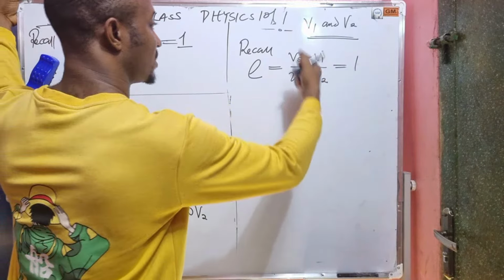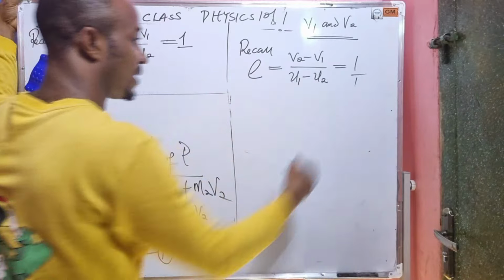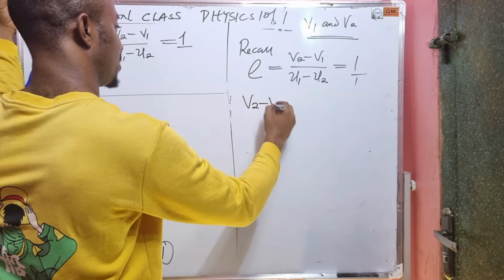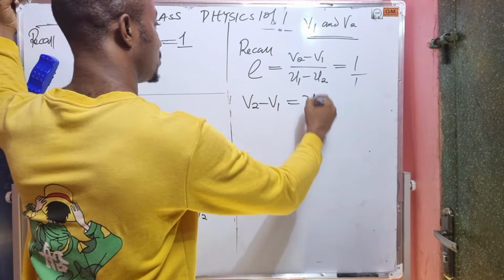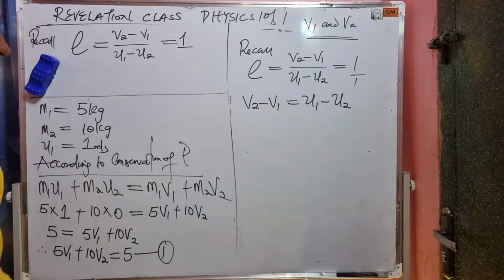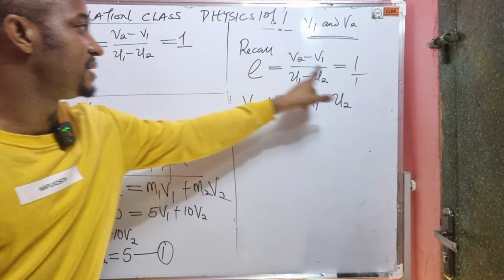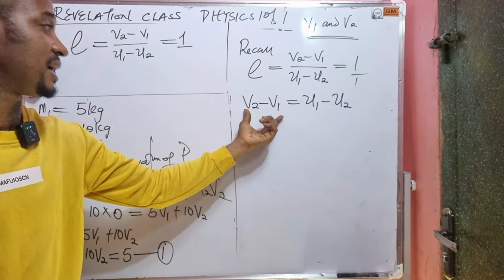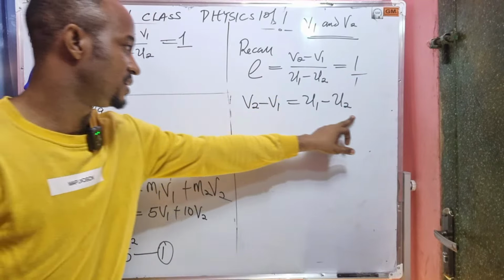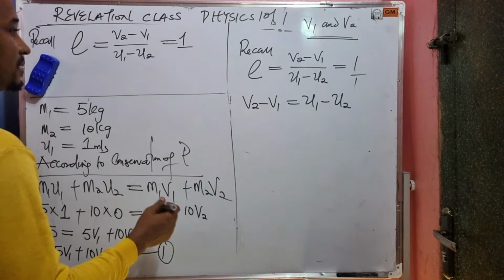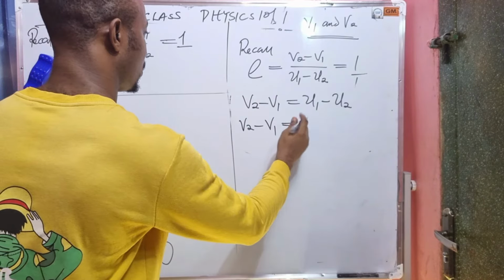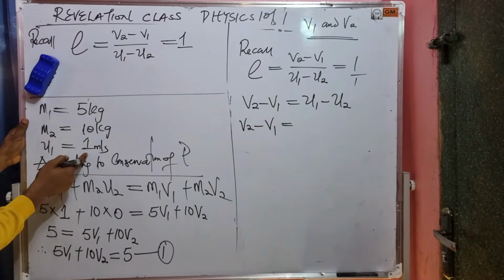By the time we cross multiply, this is like saying 1 over 1. When we cross multiply, that will give us that V2 minus V1 is equal to U1 minus U2. Hope you are following. When we cross multiply, this times 1 will give us this, right? Good. Then this times 1 will also give us this. So that means that V2 minus V1 is equal to our U1, which is 1 meter per second,